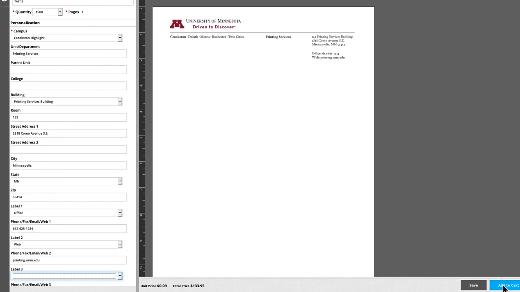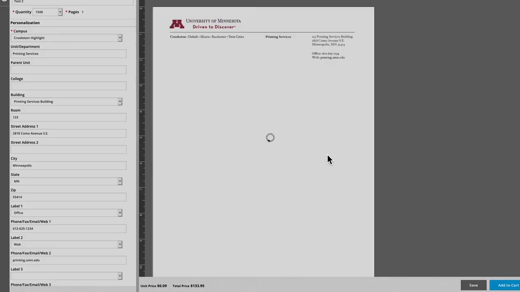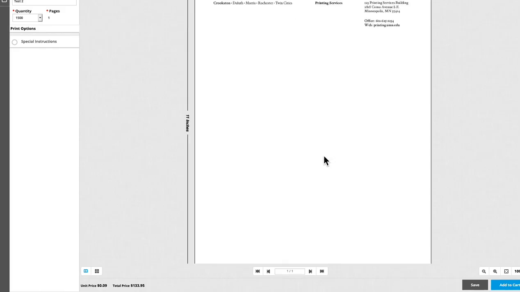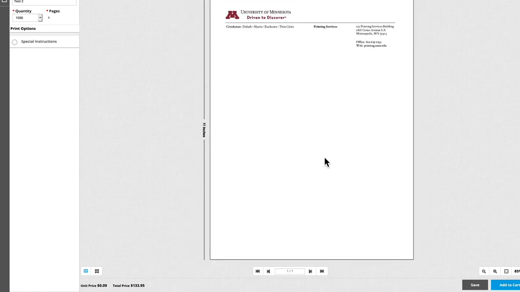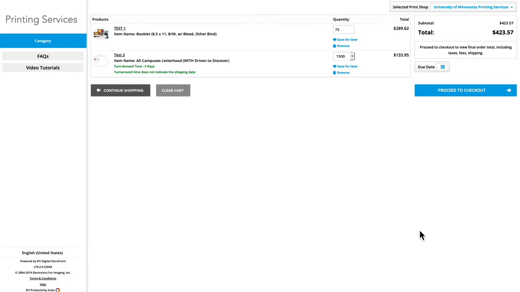So I am then going to add this to cart, and it's going to ask me to update the preview. Just click OK, and you will see one final proof again. You can zoom in and out to take a look at that to make sure it's all working. And if everything looks good, we're going to add that to our cart. Again, one final opportunity here to proof it. You're not going to see a printed proof, so this online proof is your last option. Take one last look at it and do your proofreading. If everything looks good, we're going to click I agree, and we'll see it now showing up in our cart,